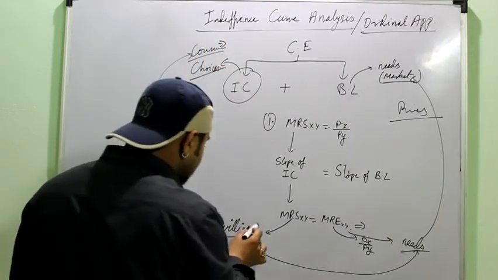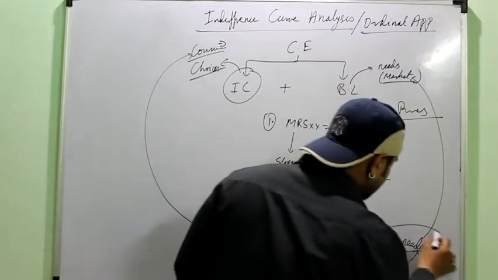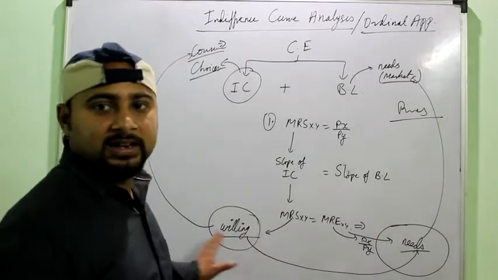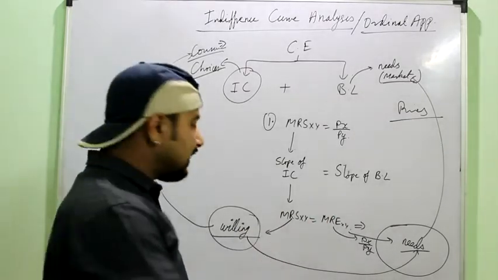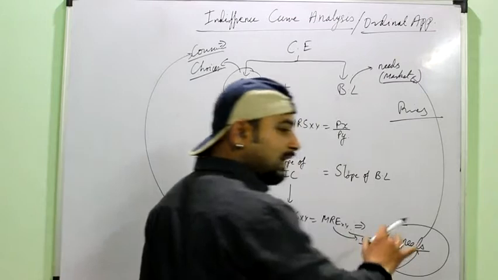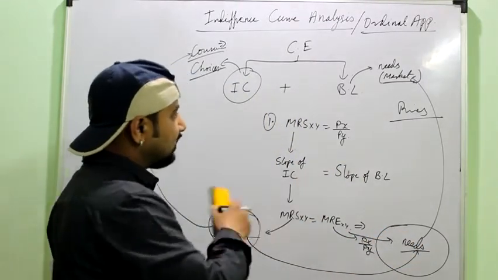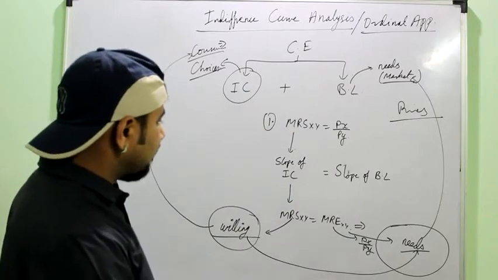the choices are decided by the consumer. So when the consumer's choice is equal to the value of the goods given by the market, then he is said to be in equilibrium. It means that he is valuing the goods in the same way as the market is valuing them. He is a rational consumer. So this is the logic behind the whole condition, and this is a very important condition.